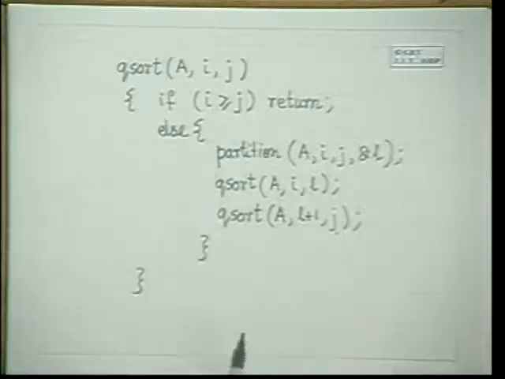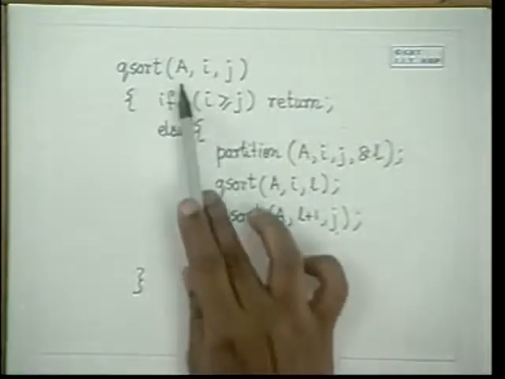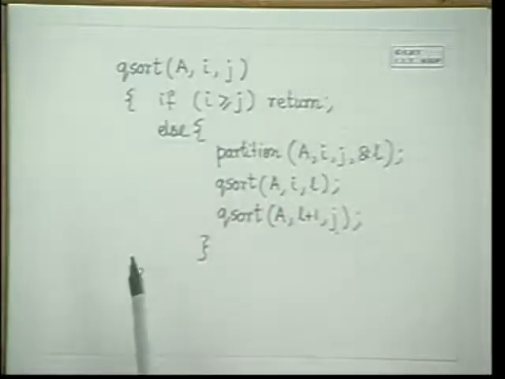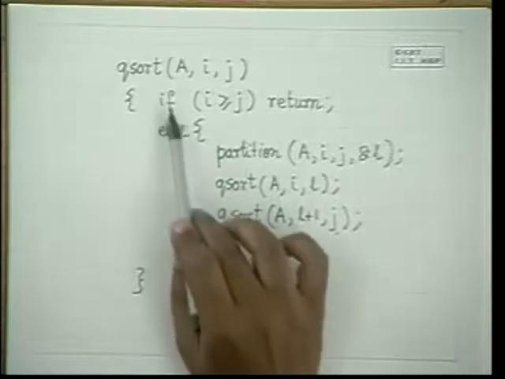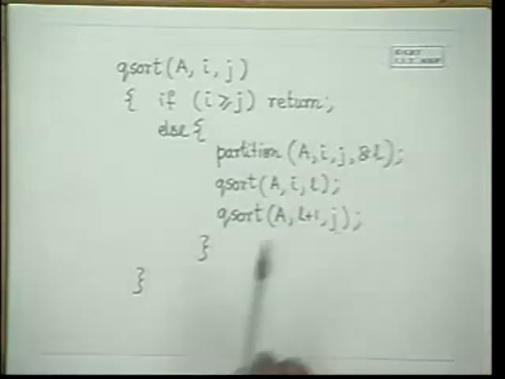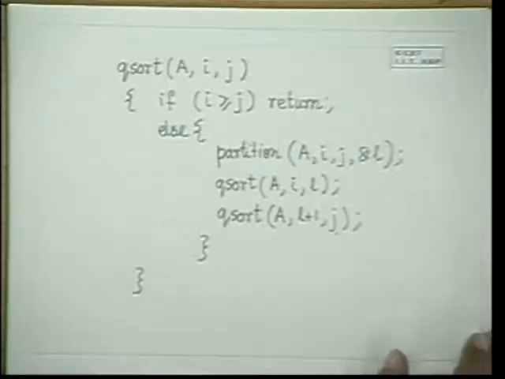So this is the idea of the basic quicksort algorithm, where we have replaced the list by the array A and the indices of the array. This is how we have done it. So once this part is clear, we are now left to solve the problem of partitioning. Now again we can use the idea like we used in merge sort to partition. Let us take an example and understand how we will do partition.